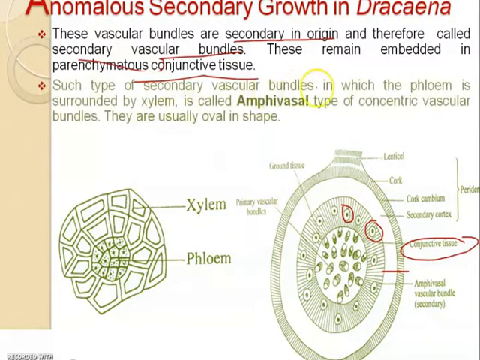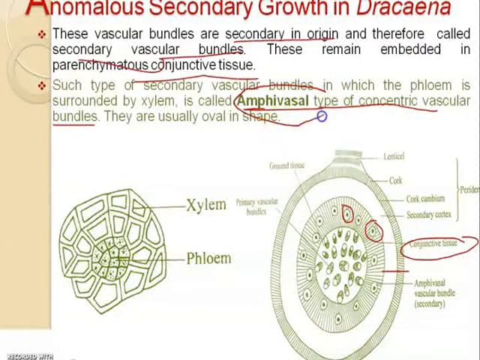Such type of vascular bundles in which the phloem is surrounded by xylem is called amphivasal type of concentric vascular bundles. So, the amphivasal type of vascular bundle is the peculiar feature of this Dracaena stem. That is the anomalous secondary growth in Dracaena stem. It is the peculiar feature, the amphivasal type of vascular bundle in which phloem is surrounded